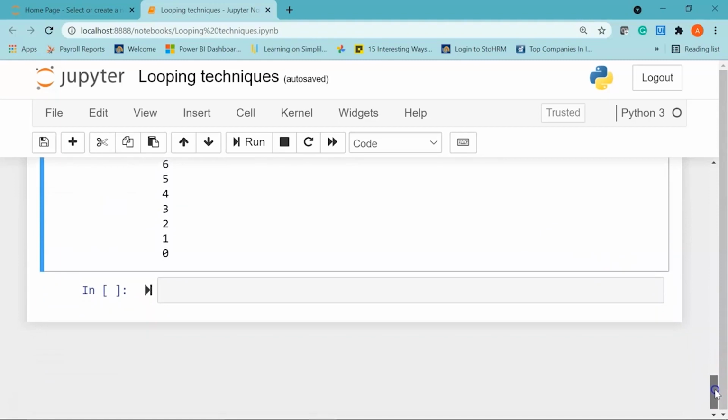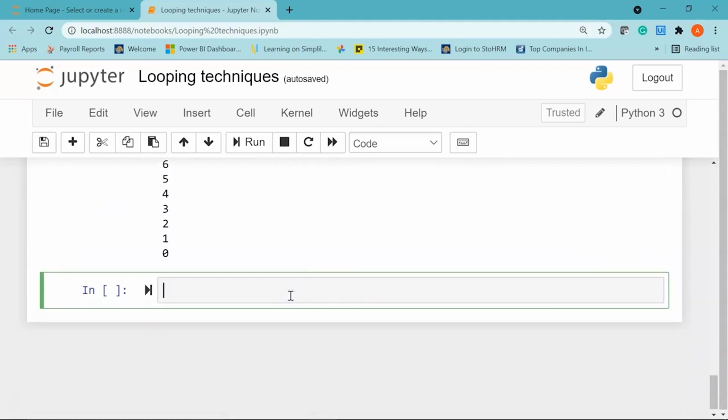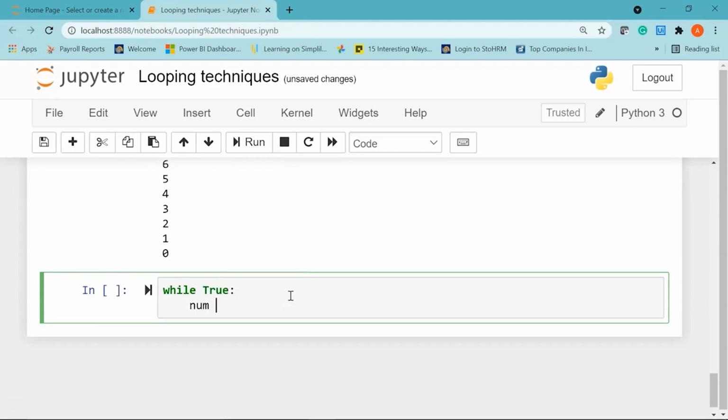Alright. Now I'll show you an example how to run an infinite loop. So I'll say while true, I'll create a variable called num. Now this num would be a user input, a user integer input actually.